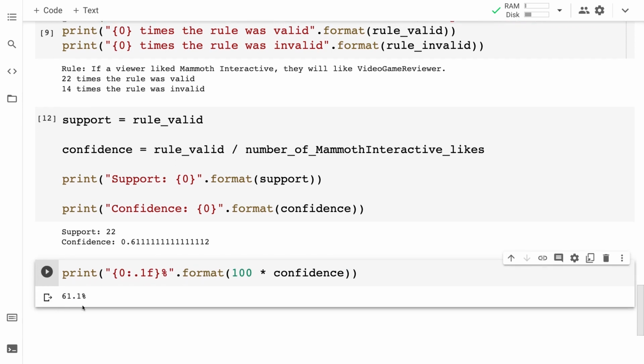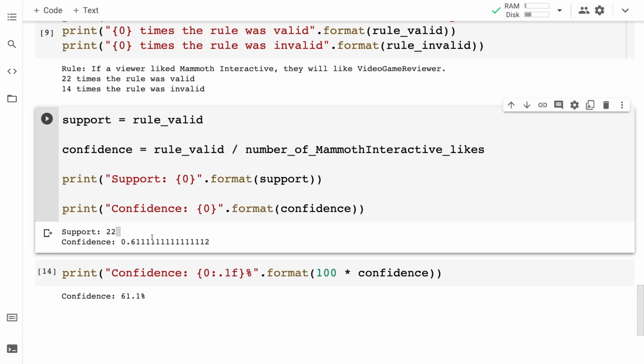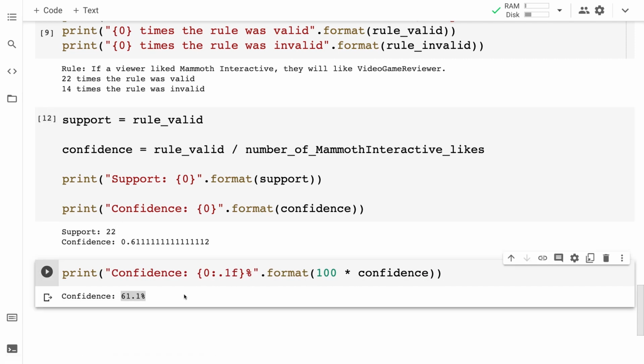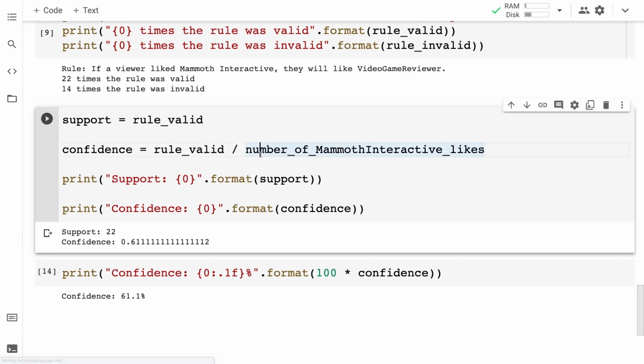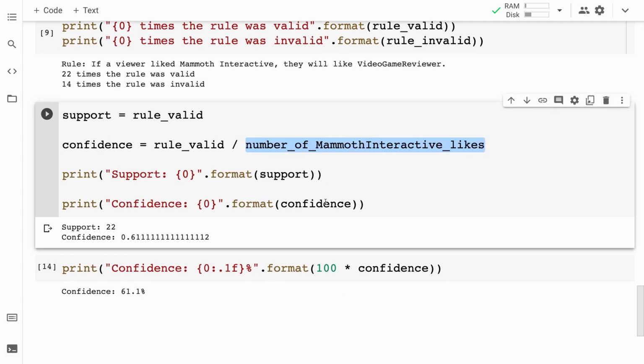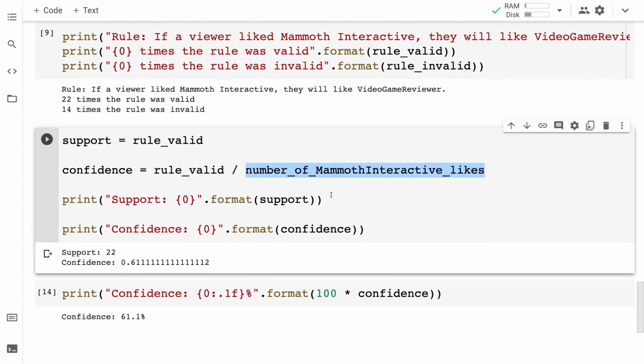So 61.1%, that is the confidence. That's because 22 divided by 36. So there is more than 50% correlation. There's 61% correlation between the two channels. And that is the formula for how we can calculate the confidence that there is correlation between two channels.